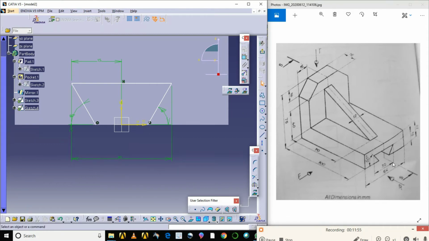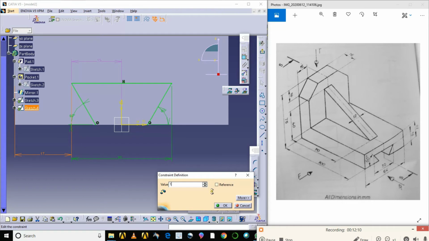From here to here it is 30. From here to here it will be 15 here, 15 here from this edge. So from here to here, okay, it has to be 15.